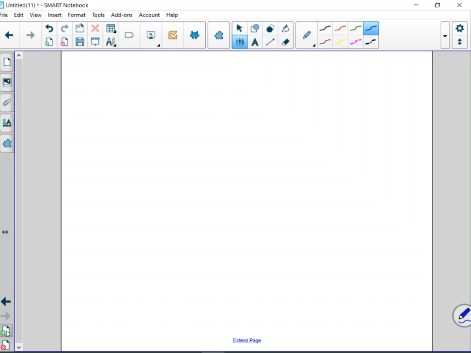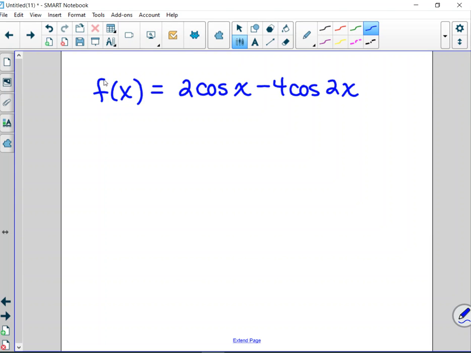It implies there are multiple values of C that satisfy the mean value theorem for this function, f of x equals 2 cosine of x minus 4 cosine 2x on the interval 0 to pi. It asks us to find the sum of those numbers, however many. It may be 2, it may be more than 2. But whatever the satisfying numbers are,